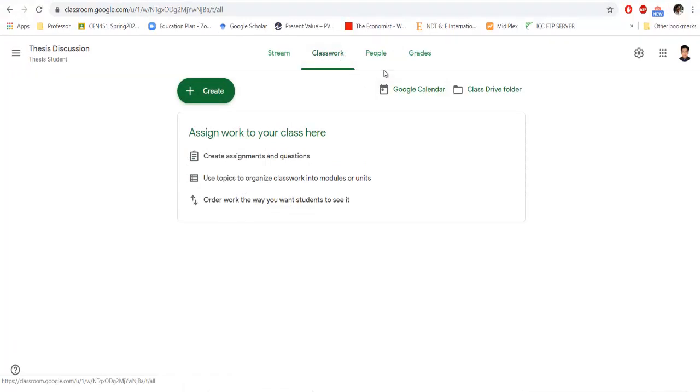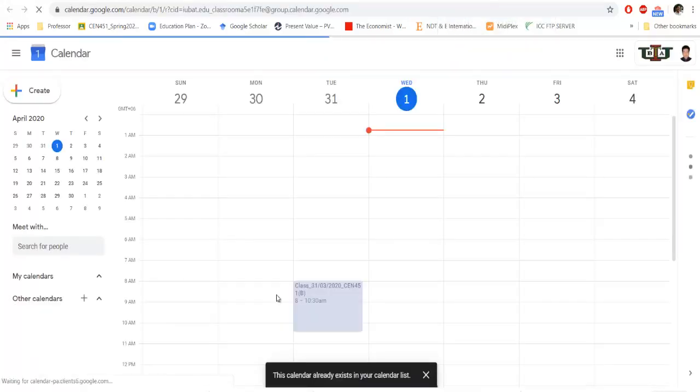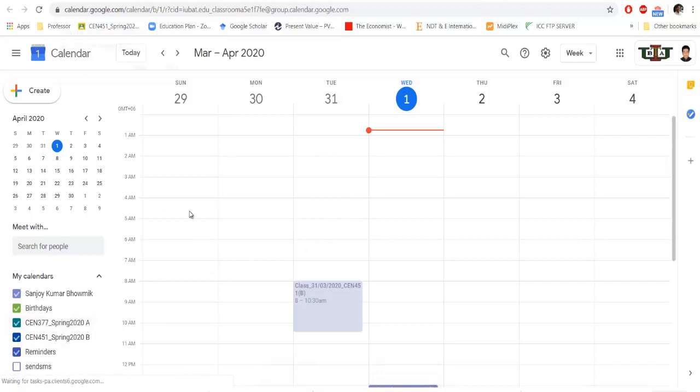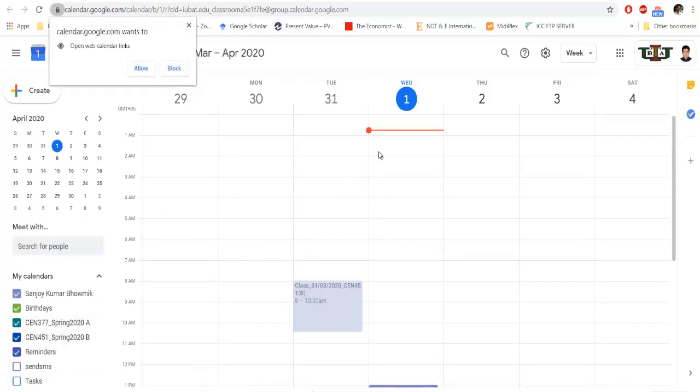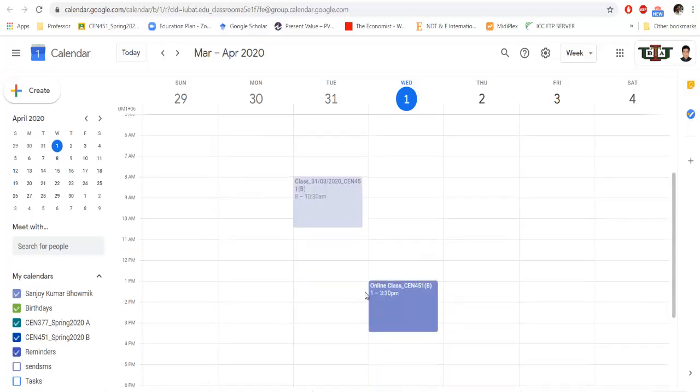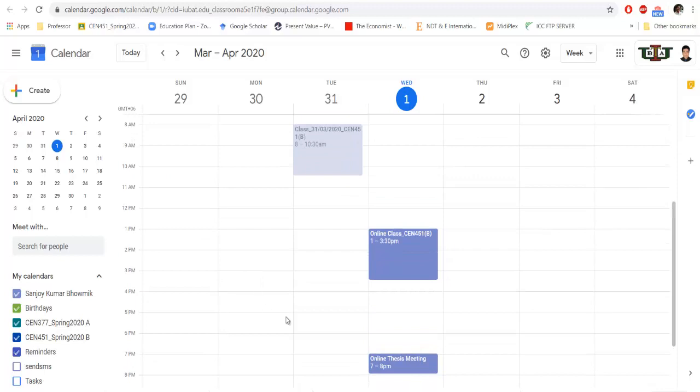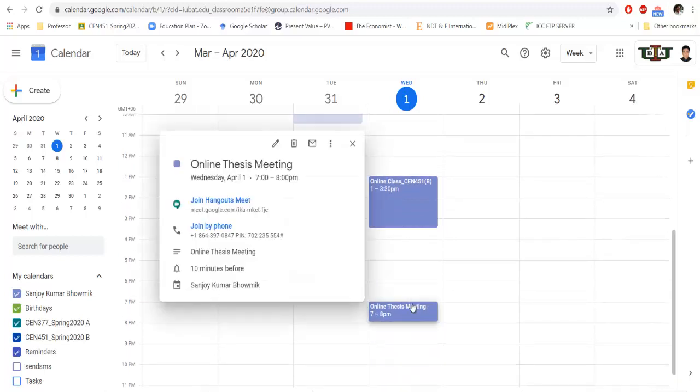So to have the video class sessions, we need to go to the Google Calendar first. So I'm going to open a new tab here. Here you can see this is my Google Calendar according to my email address. So based on this email address, you will have a new Google Calendar. Maybe you have already. From this Google Calendar, you can set your class timing, like when you want to have the class. Suppose I already did one, but okay,